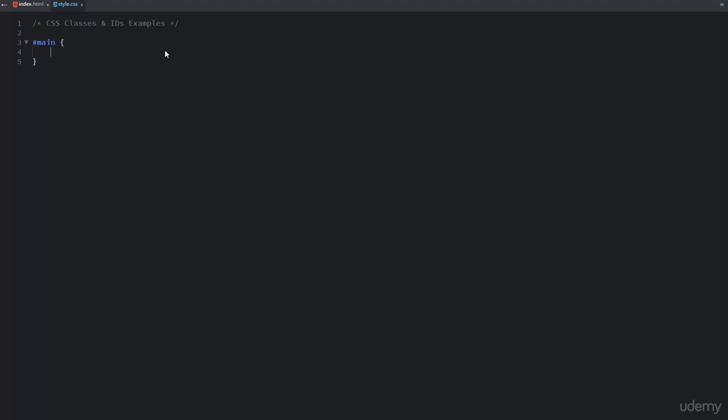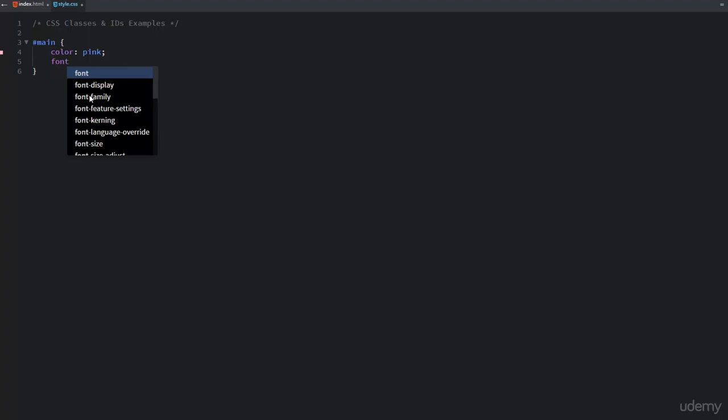I want to set the color for this p element which has a unique ID and the color should be pink. I'm going to write the CSS color property and I'll set it to pink. And I'm going to set the font size property and the font size value should be 25 pixels.